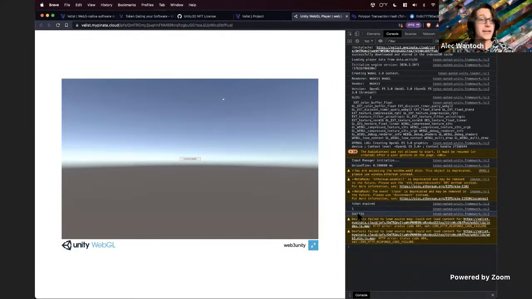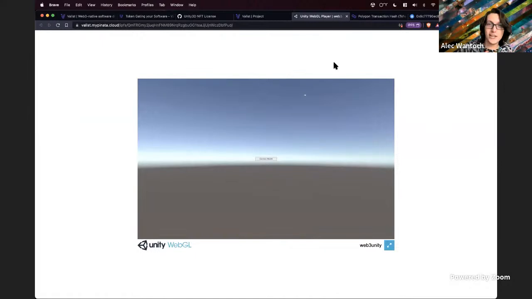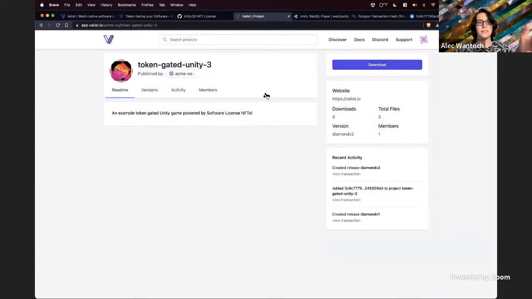And the success means that I actually have the token in my wallet. And if I was actually any good at game development, then I would make the screen change and go over to the next screen now that I have the balance. But as you can kind of see, the end-to-end flow works there, very similar to something like Steam, to where